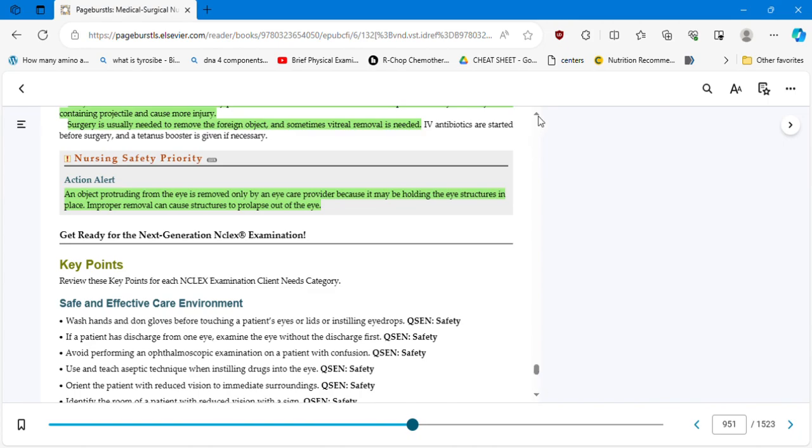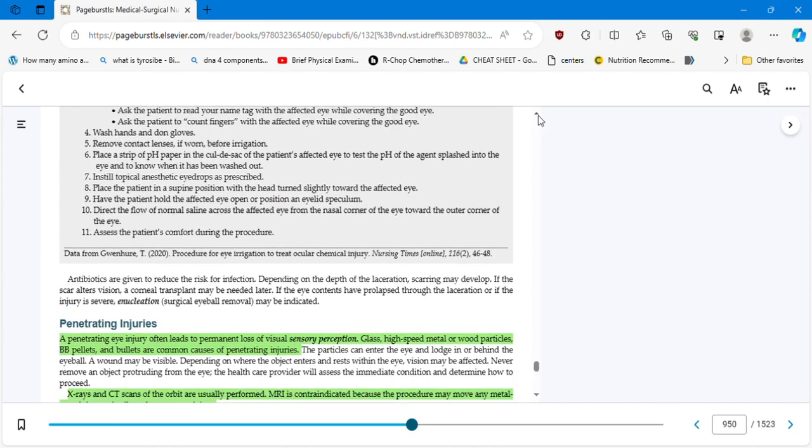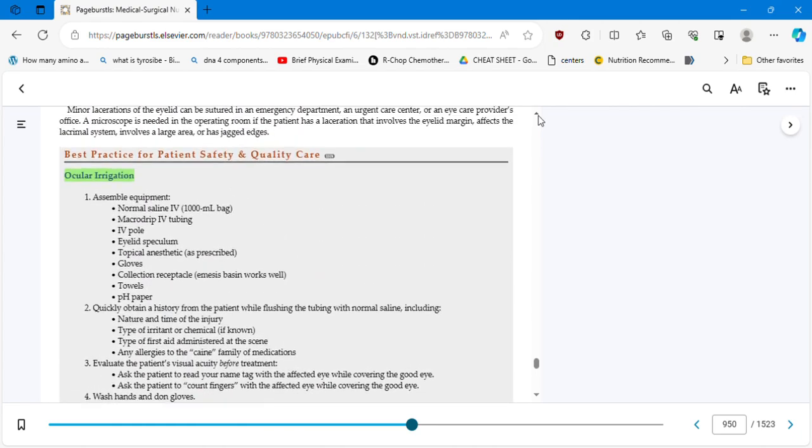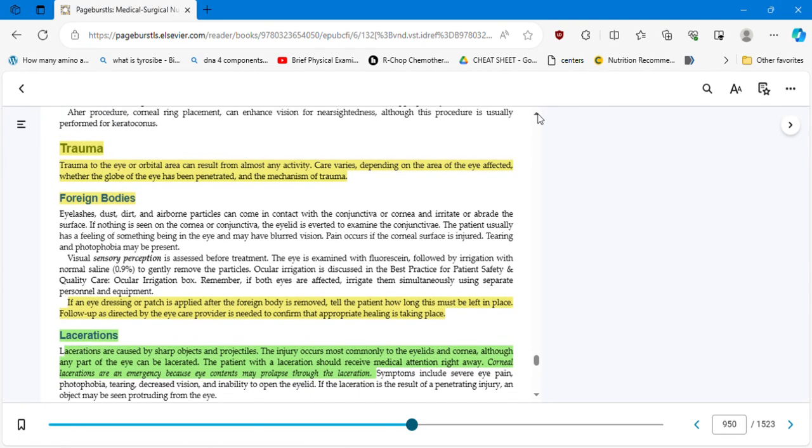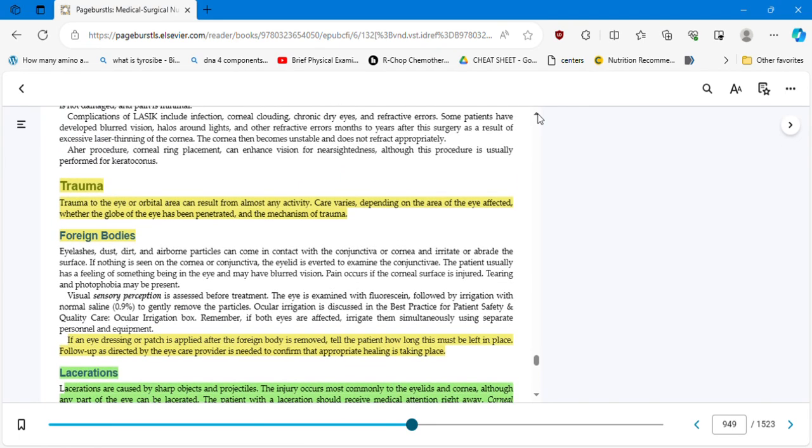Okay, guys, so this is the end of chapter 42. It was a very long chapter with too many different diseases, conditions, and disorders. The most important are cataracts and glaucoma. For the other ones, you basically need to protect yourself and avoid risky activities to prevent lacerations, foreign bodies,